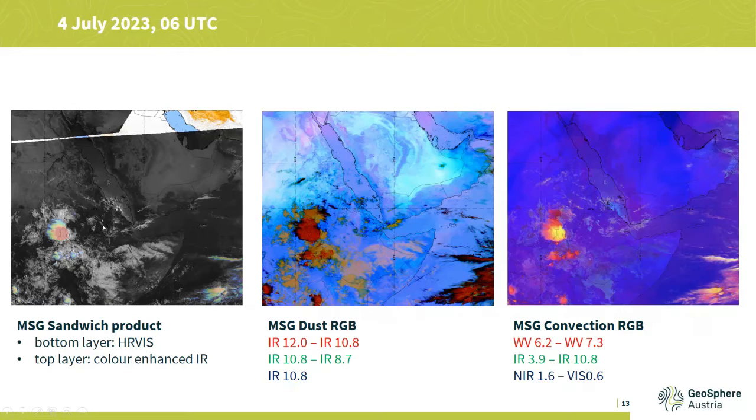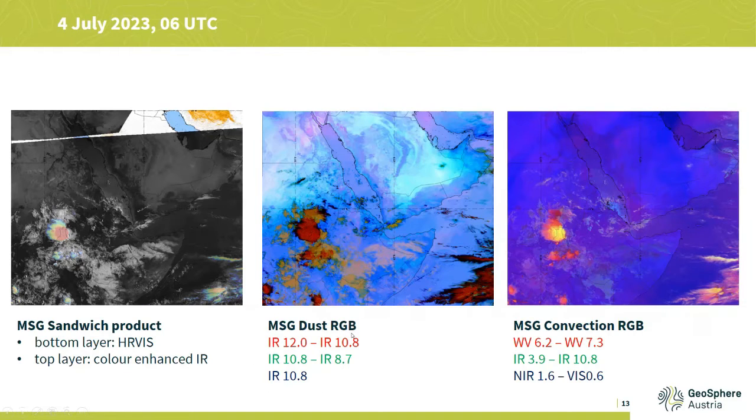You can also see these water bodies over Africa. The sandwich product is also very nice for highlighting convective structures because the cloud tops, the temperatures of the cloud tops are highlighted, as the top layer of the sandwich product is a color enhanced infrared channel. The satellite image in the middle is the dust RGB, and as you can see, there is no visible channel